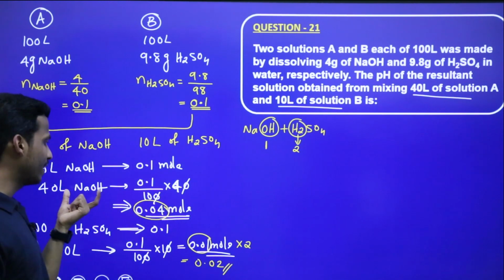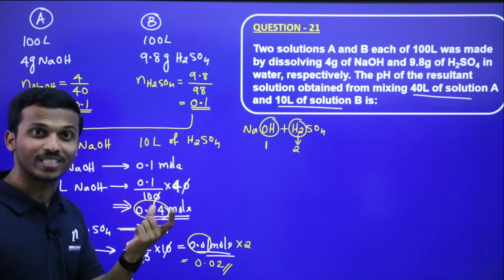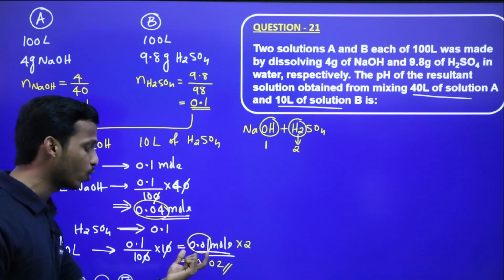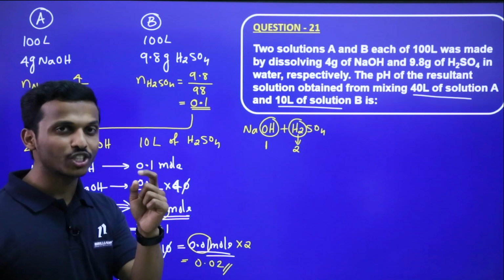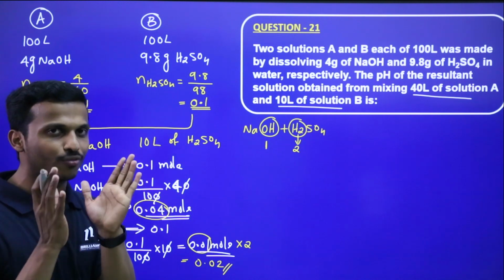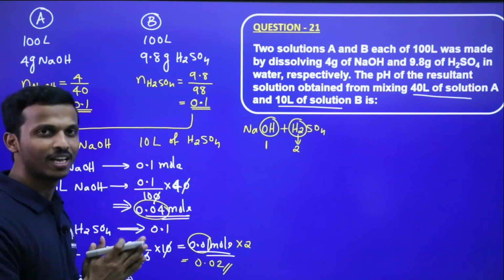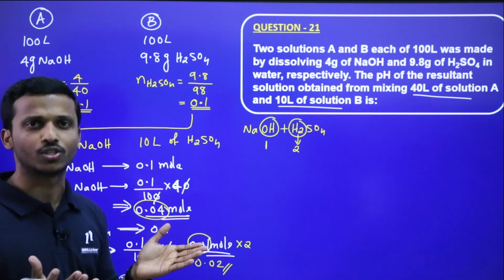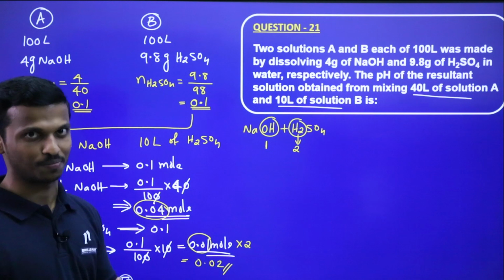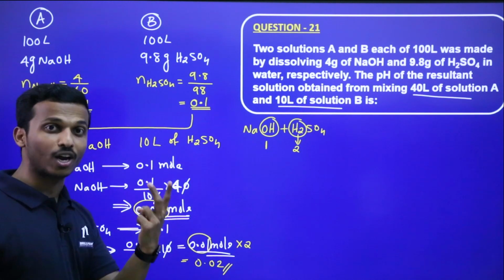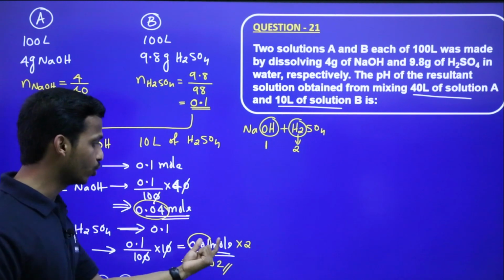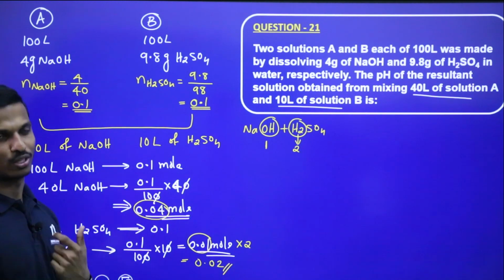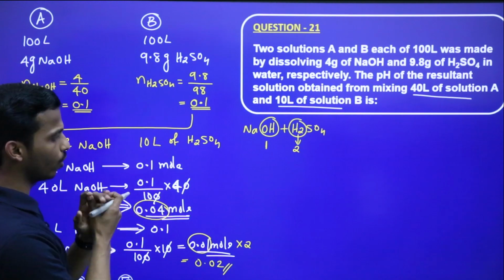Once more. In 40 liter NaOH the number of moles is 0.04 mole and the number of moles in 10 liter H2SO4 is 0.01. But NaOH contains only 1 OH minus, so the number of moles of OH minus will be the same. But H2SO4 contains 2 H plus ions. Why are we considering H and OH? Because we are going to find out pH, right? So in sulfuric acid there are 2 moles of H plus, so you should multiply. This is the number of moles of H plus in the overall system, 10 liter H2SO4. So what are the species overall? It is reacting here